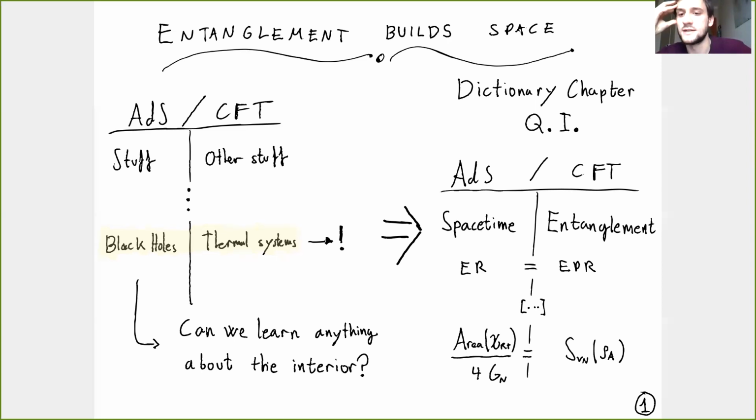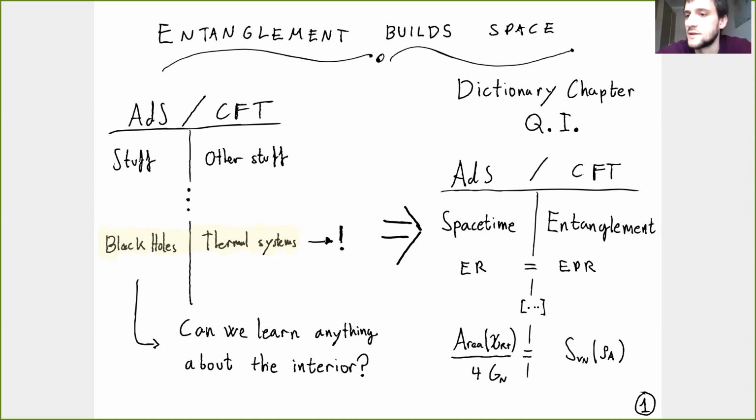What this chapter has told us over the last maybe 10 or 15 years is the suggestive slogan that entanglement builds space, meaning that the emergence of space-time in quantum gravity, and the very connectivity of space-time, is tied to the structure of entanglement of the conformal field theory that is dual to it. This has also been called the ER = EPR proposal, which is another slogan saying basically the same, and of course has more concrete realizations, such as the celebrated Ryu-Takayanagi formula, which tells us that one can